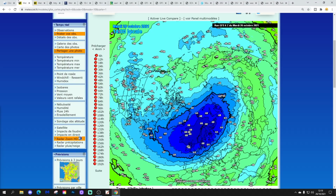This is how the GFS is forecasting temperatures to develop at 10 HPA over the next couple of weeks. This is from metroshield.fr. So we've got blue colours, that's the coldest temperatures in the stratosphere at 10 HPA. So you can see that a lot of this minor warming is actually coming from the Pacific side of the Arctic and also the far east of Siberia, and also to some degree from Canada as well, and that's displaced the polar vortex at its roots. That's where we've got the coldest temperatures in the stratosphere. That's displaced the polar vortex a little bit more towards Europe and northwestern parts of Russia,